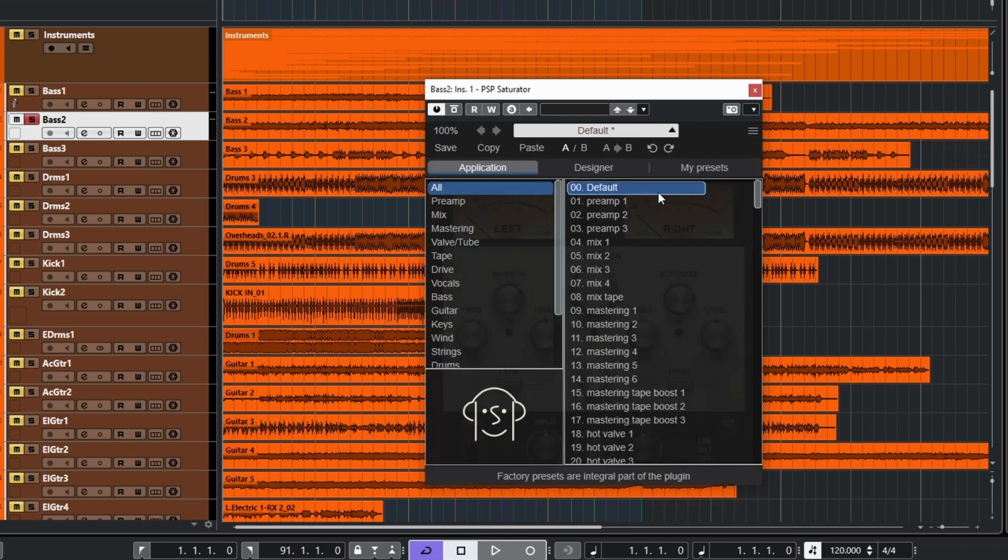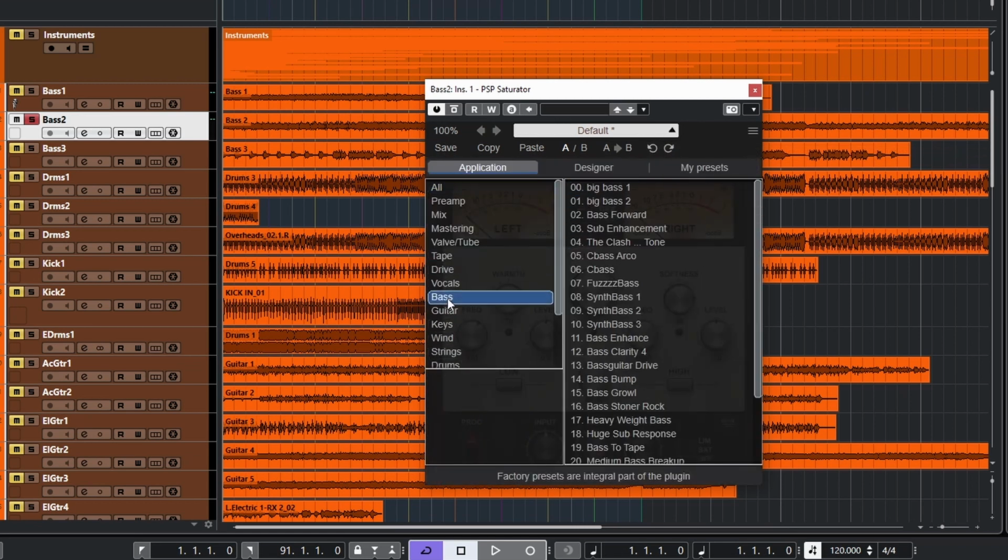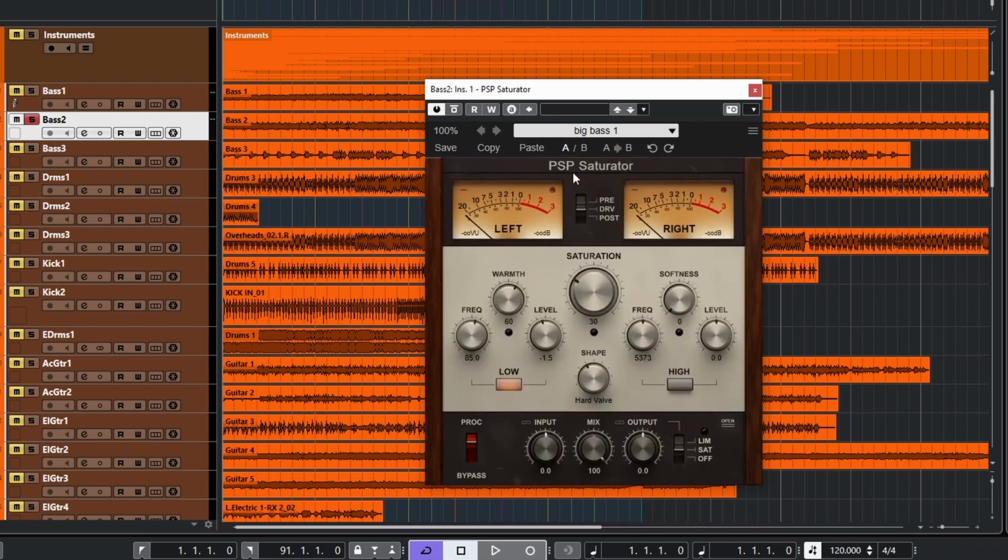Now, out of curiosity, let's see. All right, we have a bass guitar. Let's flick through a few presets. All right, so you can see here they're setting a hard valve saturation, and obviously the low end is the focus. Bit of saturation on the output. Seems to be a volume boost, but